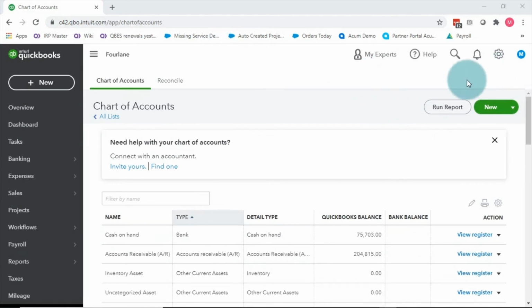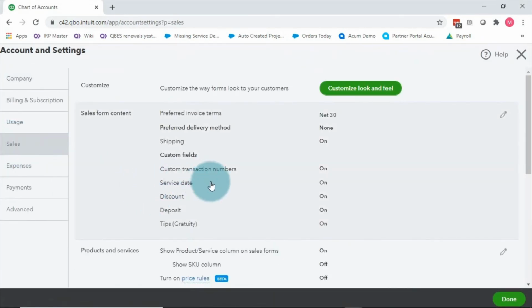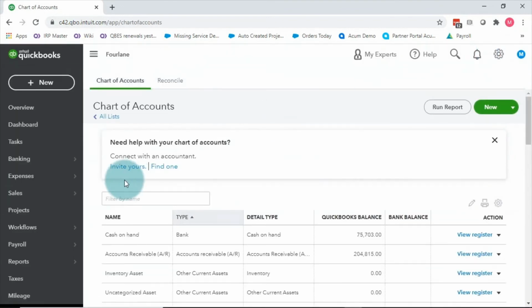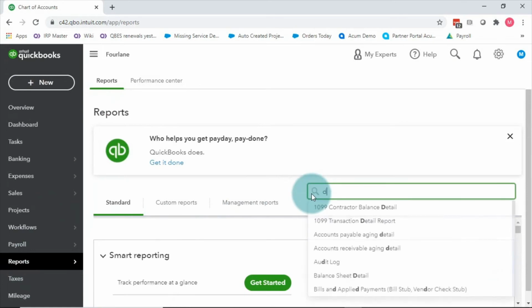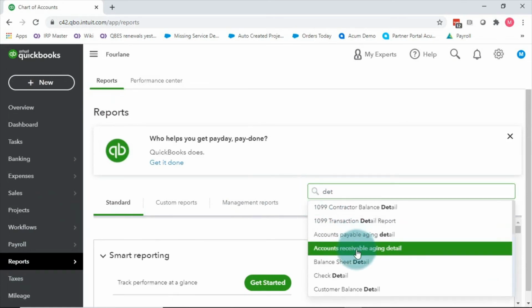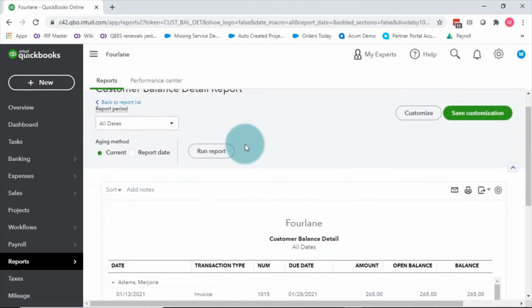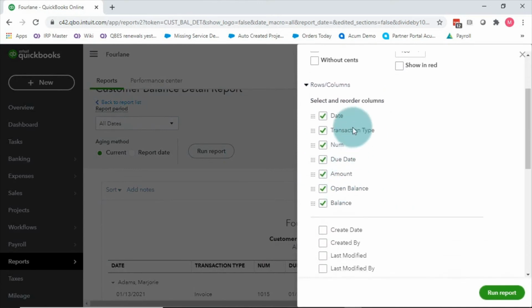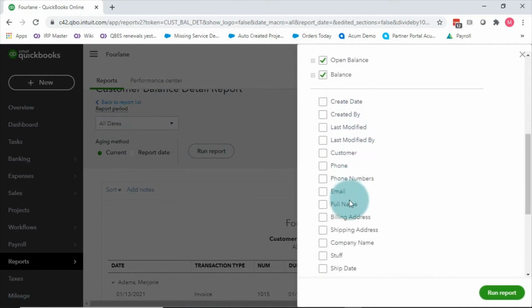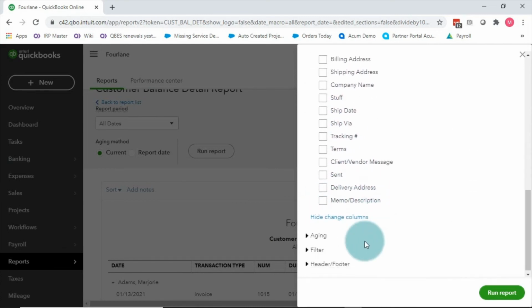Now, another setting that we had talked about was the service date. When we come in here to account and settings, turning on that service date is very informational in there. So if you come into a report, as an example, maybe we do a customer aging detail report or a customer balance detail report, and I come in here to customize which columns I want to show, that service date field is not a field on here. I can't customize and add that column.